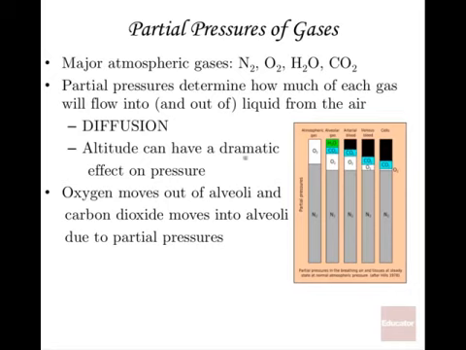And of course, altitude can have a dramatic effect on pressure. The reason why some people get short of breath when they go high up in the altitude is because if you look at the atmospheric pressure and partial pressures of gases at sea level, there's a lot more oxygen in terms of the pressure and the amount of oxygen that's in the atmosphere at sea level. You go up, let's say, 2,000 meters, 4,000 meters, you're going up really high in the mountains. There's a lot less gas, specifically oxygen gas.